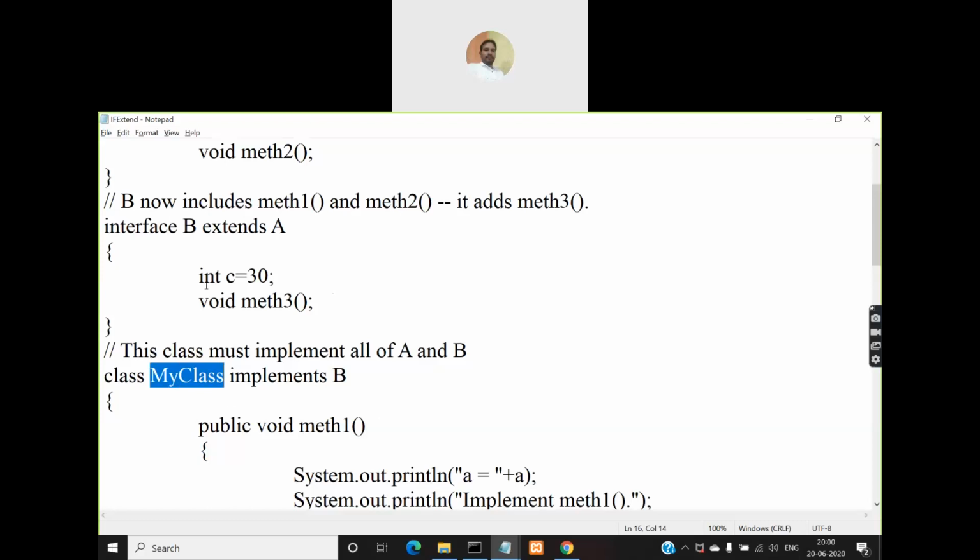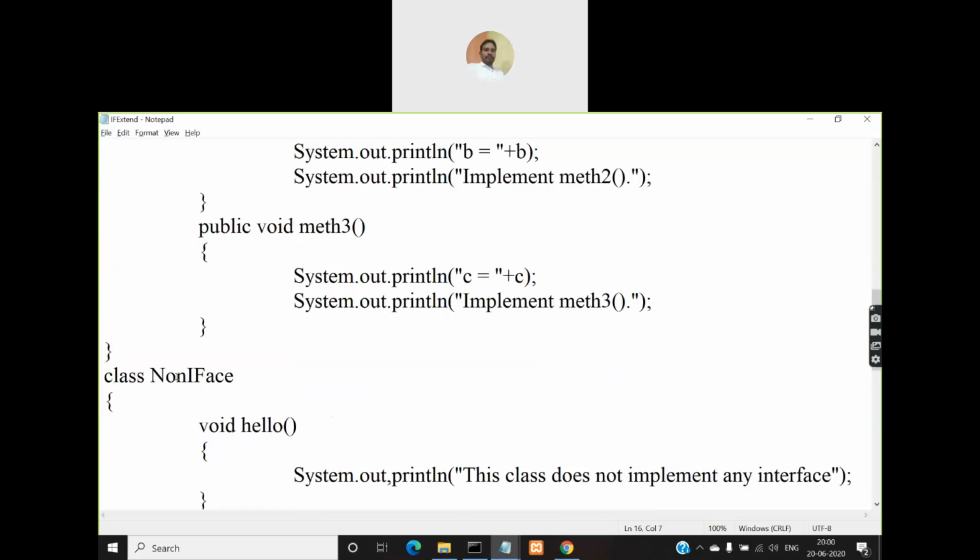Similarly, I can also create a reference variable for interface A and assign it the object of my class. Why? Because A is a super interface for B. That is how my class is related to A. Because B extends A, I can create reference variables for both A and B and assign the object of my class to both.